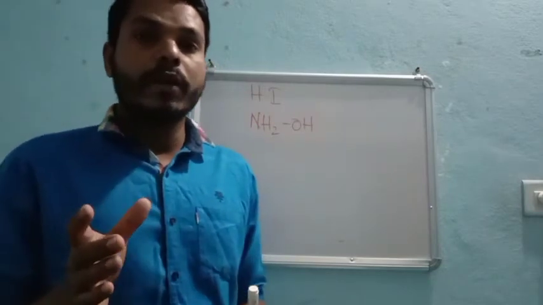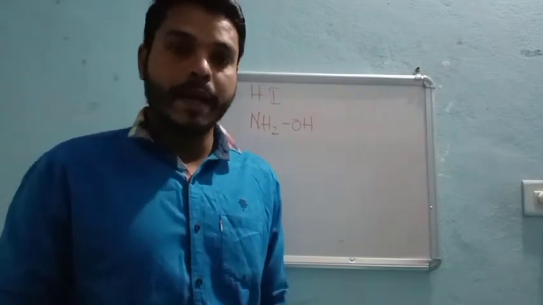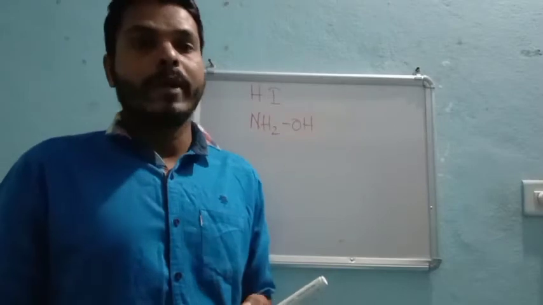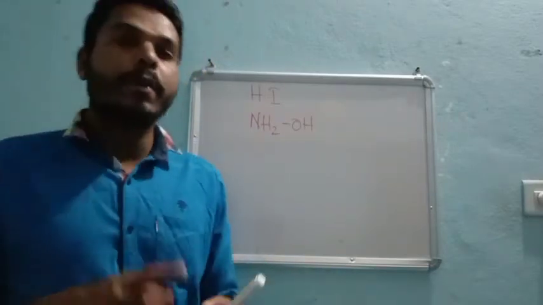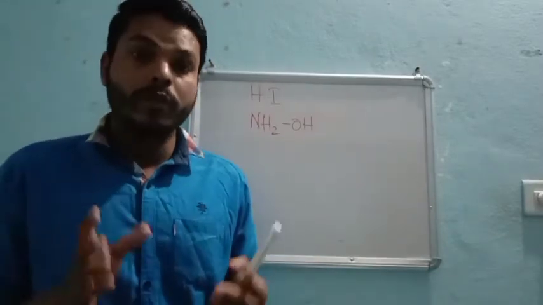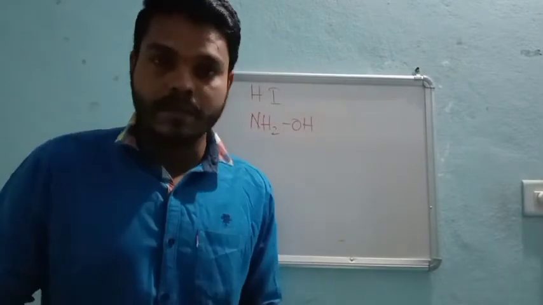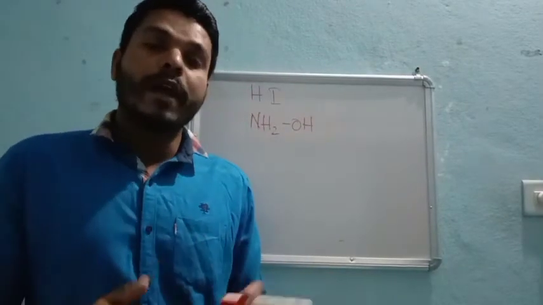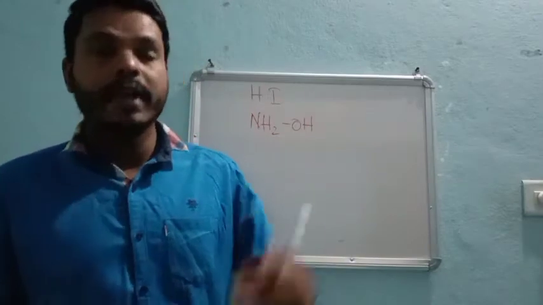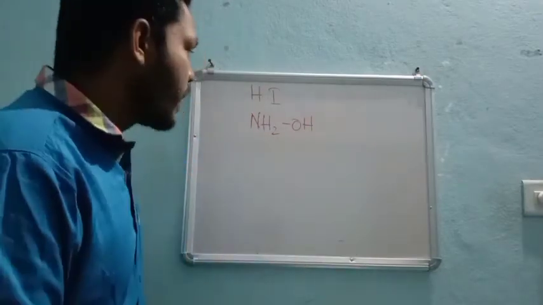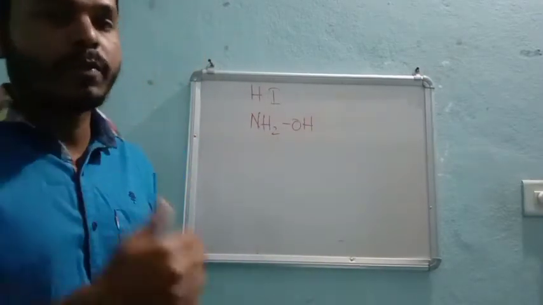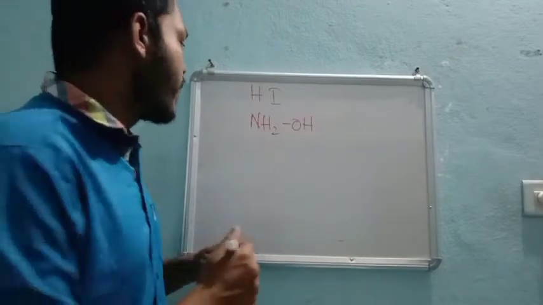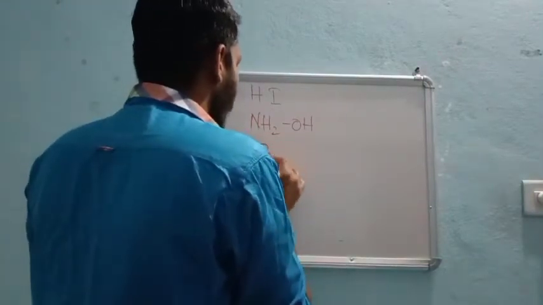But the carbonyl group may be present in the form of aldehyde, or it may be present in the form of carboxylic acid, or it may be present in the form of ketone. So that is the big task for us. Among these three, which type of carbonyl group is present? For that, in the fourth point, we reacted glucose with bromine water.